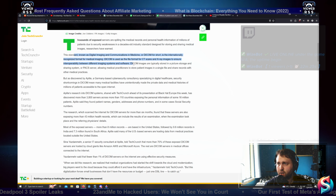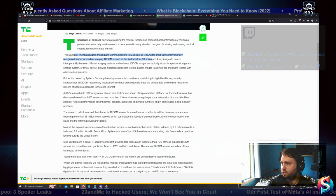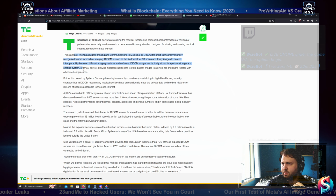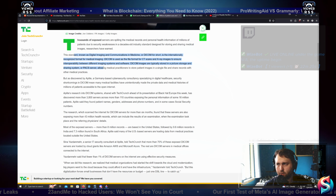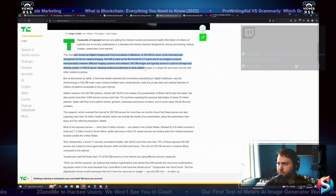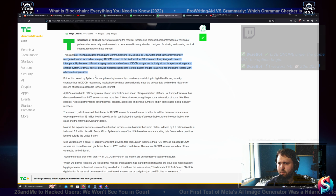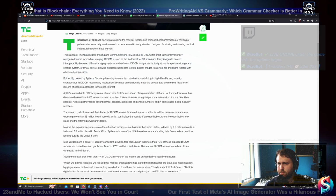imaging systems and software. DICOM images are typically stored in a picture archiving and communication system, or PACS server, allowing medical practitioners to store patient images in a single file and share records with other medical practices. But as discovered by Aplite,